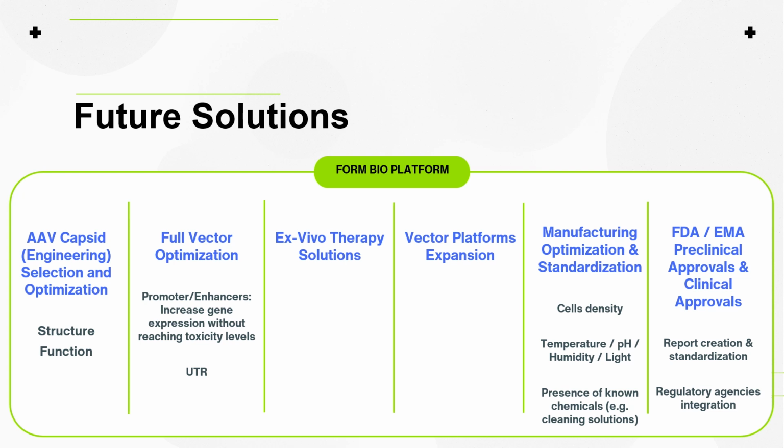The second aspect of it is AAV optimization. When you have your vector, we want to have a better understanding of everything happening from ITR to ITR. So all the regulatory elements: how can we improve the promoter regions? How can we improve the enhancers? Thinking about the UTR and all the other aspects of that vector and seeing how we can have a better construct as a whole. We have currently been focusing a lot on the CDS regions because the work that we